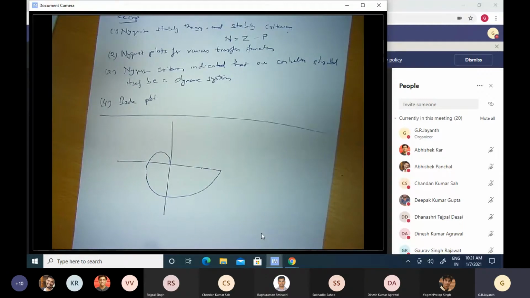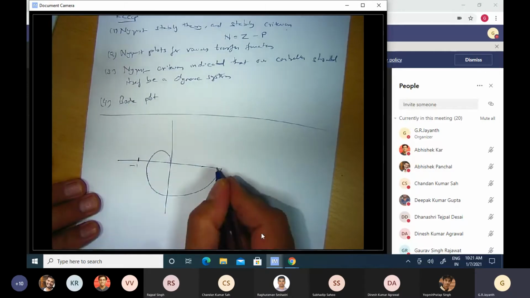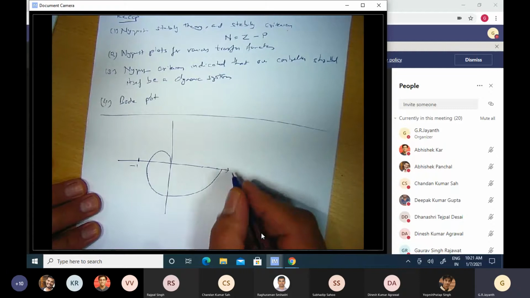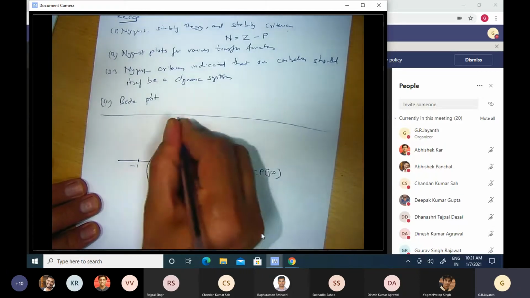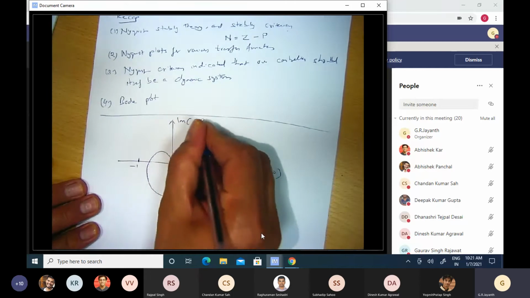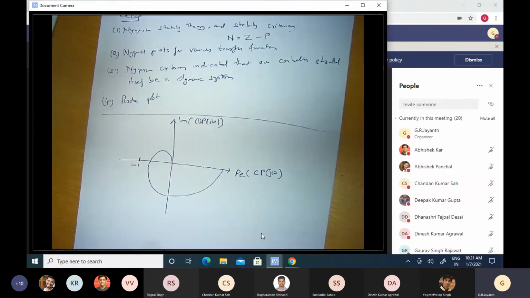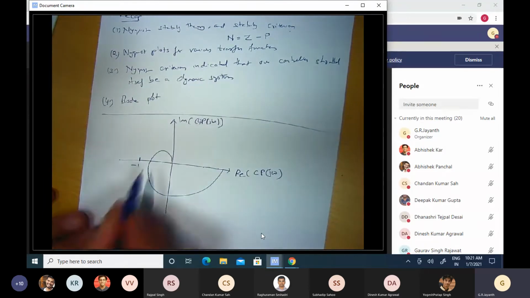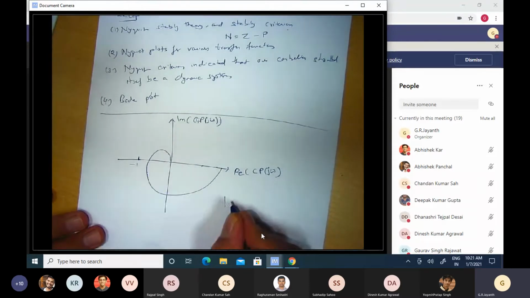So the number of encirclements of the critical point will simply be the number of closed loop poles on the right half of the complex plane. Let us assume that's the kind of system that we are trying to control. They're all stable systems left to themselves. This is the real part of C times P of j omega. This is the imaginary part of C of j omega times P of j omega. Now what is the critical point here? The critical point is -1. So at the critical point, what is the magnitude of C times P of j omega?